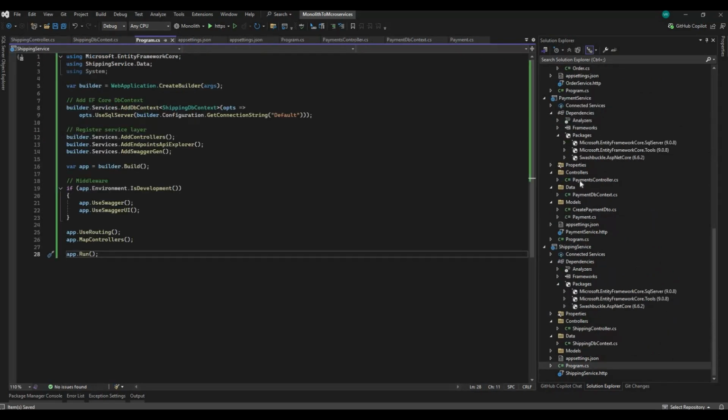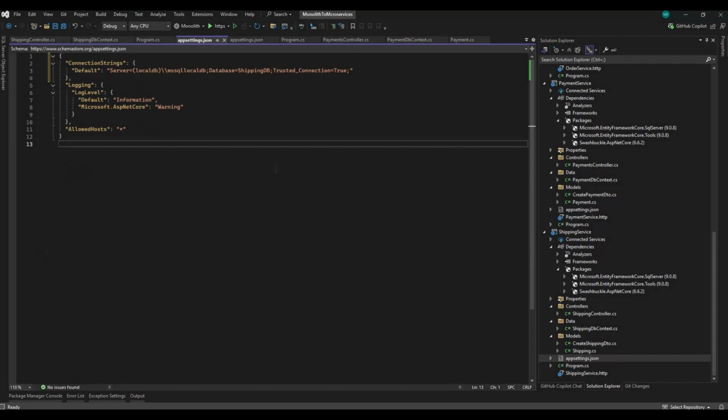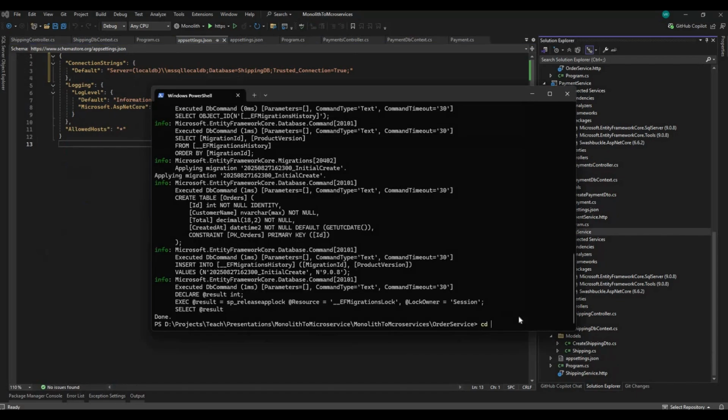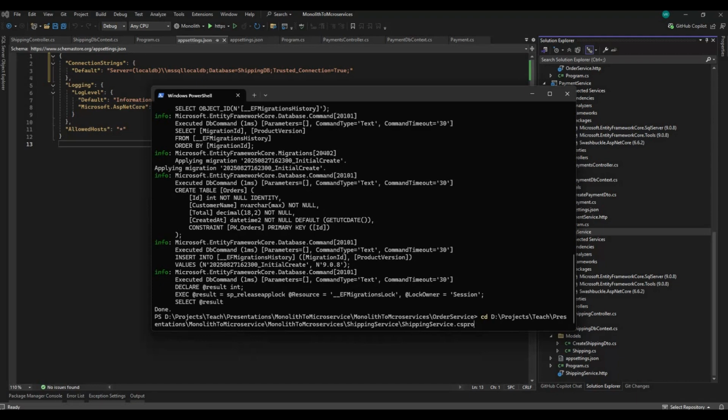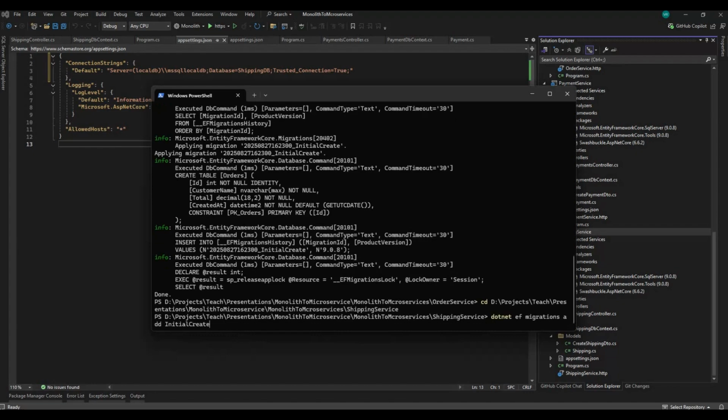Similarly, we have added the layers for the payment service: payment controller, payment DB context, the models, and the basic app setting file. And similarly for the shipping service, we have added the shipping controller, shipping DB context, and the supporting models for the service, and then whatever plugin we need for program.cs, and also for the app setting file, which is my local database. I'll go ahead and explore the project and run the migration here as well for shipping and for the payment service. So initial create,